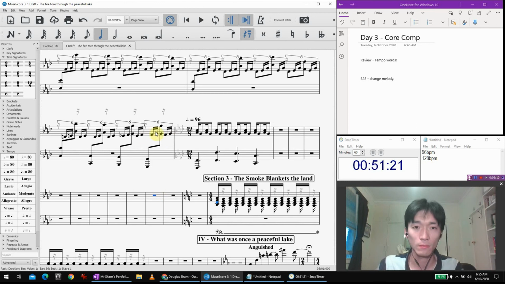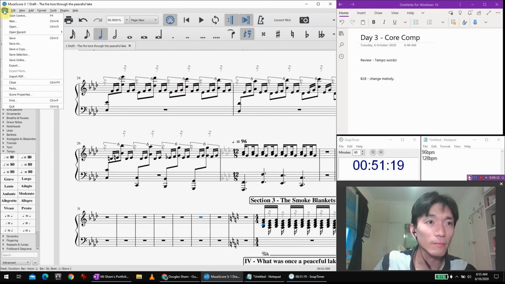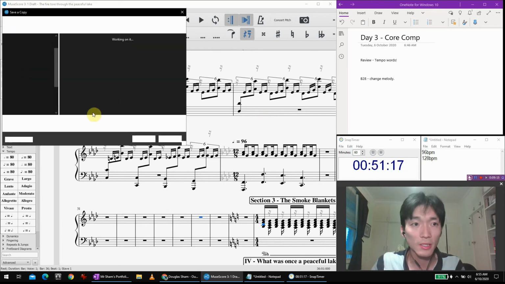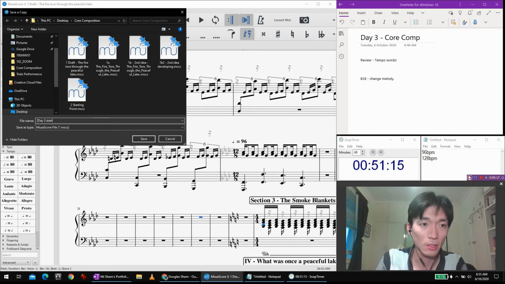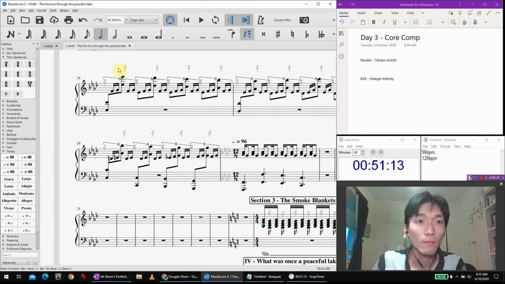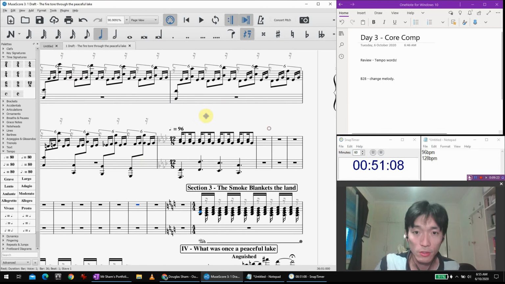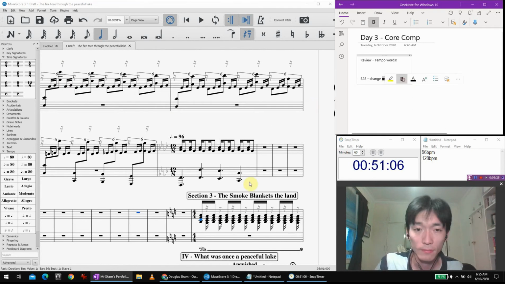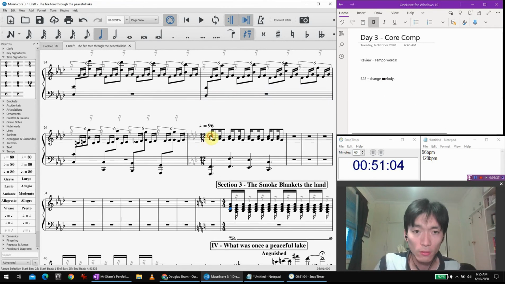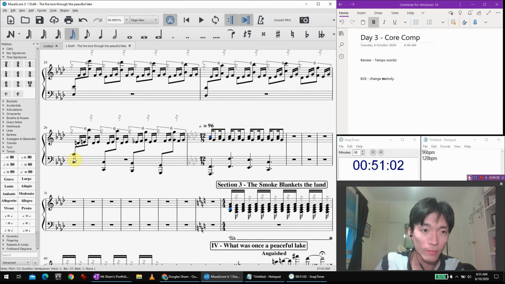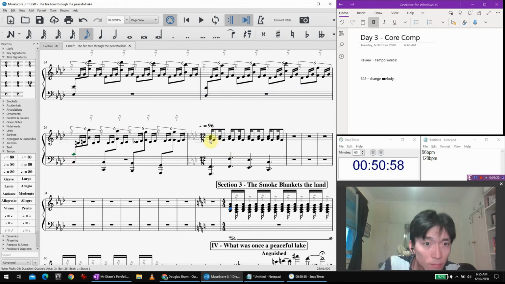Okay, cool. Save that. I'm just going to save a copy. This is day 3 now. Day 3 starting. Cool. And once again, it just puts a backup into what I've got. Cool. Okay. So we want this to be more fiery. Now, what I like about this figure is you accent the minor second a little more. It outlines it a bit more.